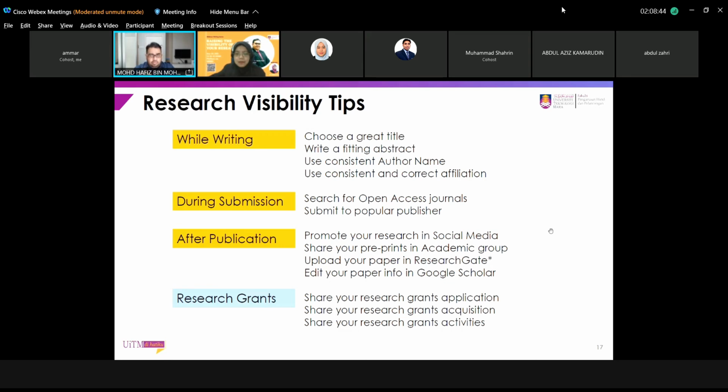At the same time, most universities in Malaysia and around the world subscribe to their database. So your paper can be found easily, don't worry. And after publication, ini benda yang